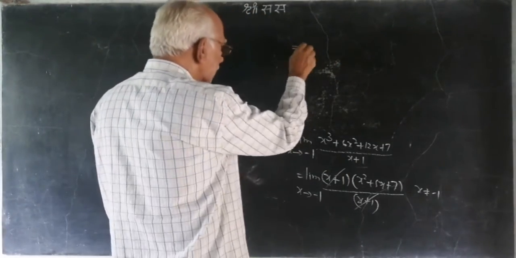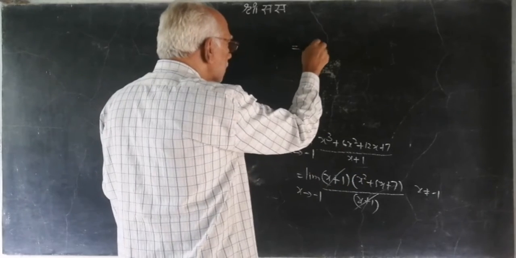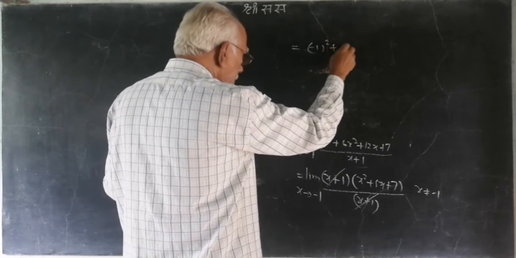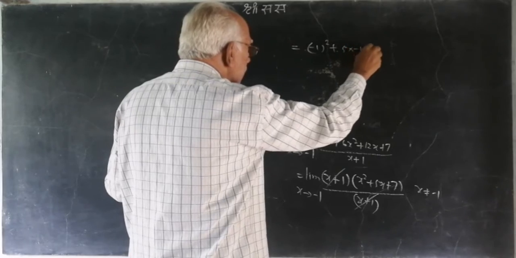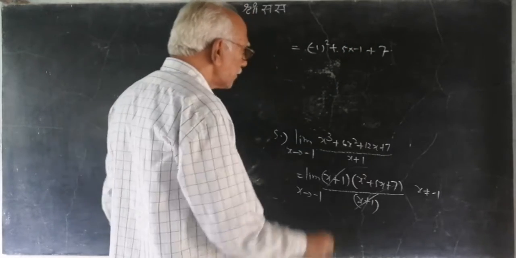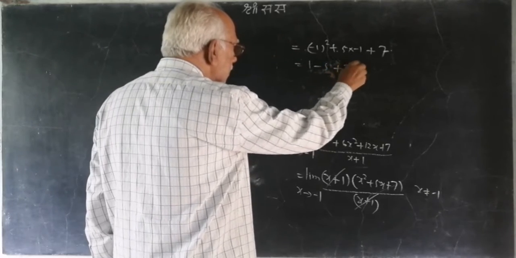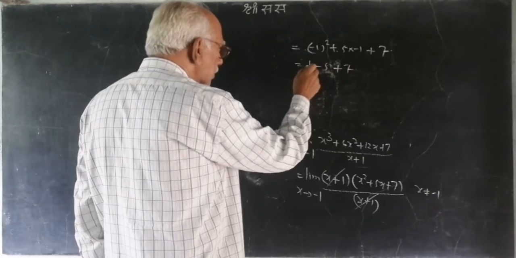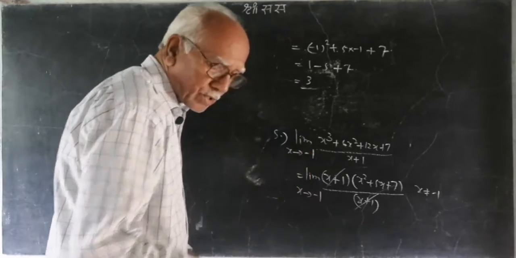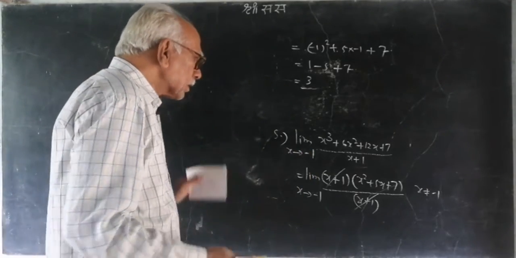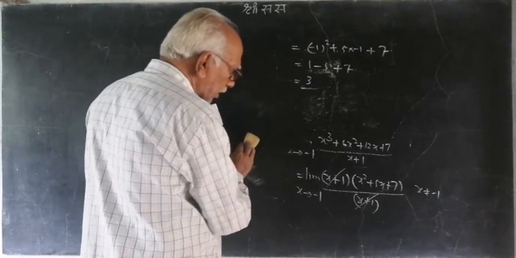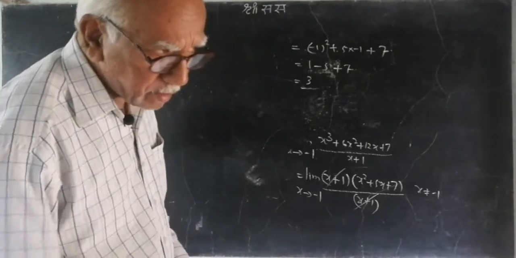So, what is that particular f(a)? So, one is minus 1 square, one is 5 into minus 1 and one is 7. So, minus 1 square is plus 1, minus 5, plus 7. 7 minus 5 is 2 and 2 plus 1 is how much? 3. So, after learning differentiation, we will be going through one more method, what we call as